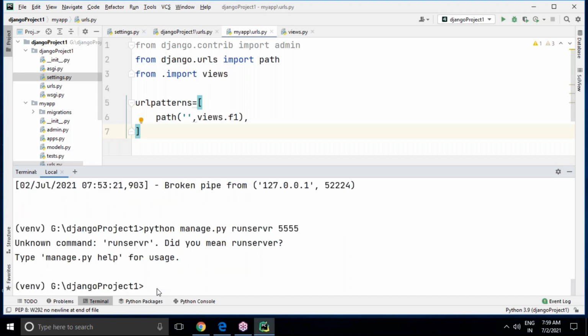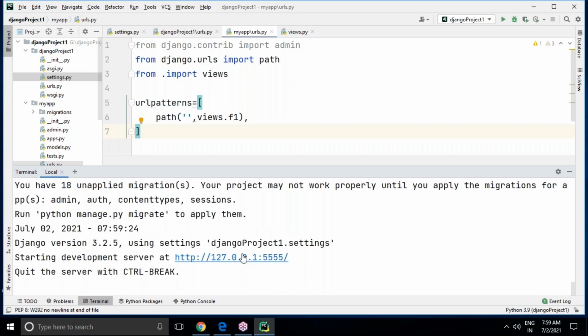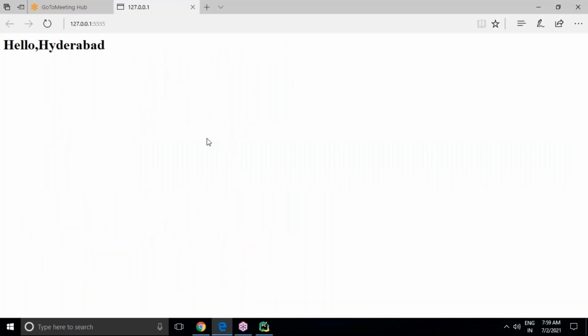There is a spelling mistake; runserver was spelled wrongly, so please take care with manage.py runserver. Now onwards our project is going to run under this port number. Just click this and automatically it will work. No issues.